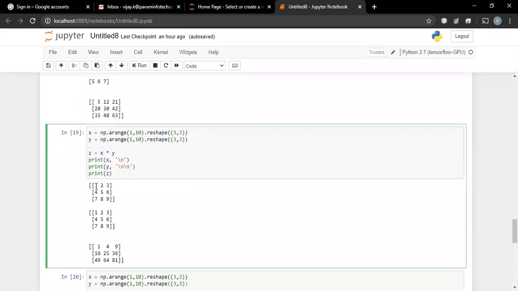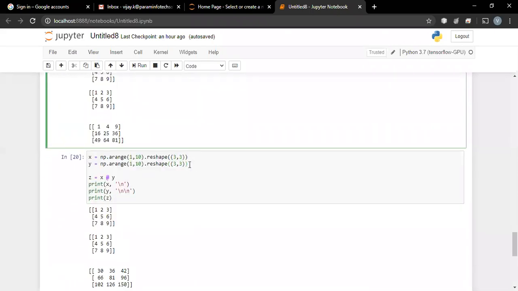For example, the element at location 0, 0 of matrix X will get multiplied with the element at location 0, 0 of matrix Y. The element at location 1, 2 of matrix X will get multiplied with the element at location 1, 2 of matrix Y. The element at location 2, 2 of matrix X will get multiplied with the element at location 2, 2 in matrix Y, and so on. So corresponding elements of two matrices are multiplied when we go for the star operator.